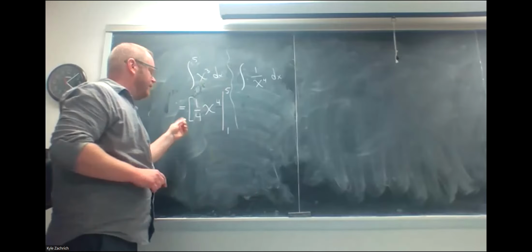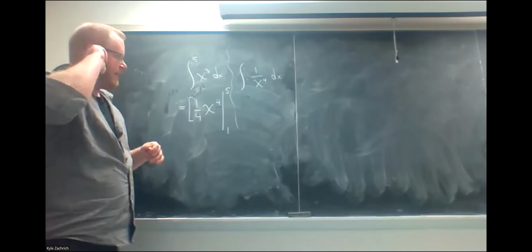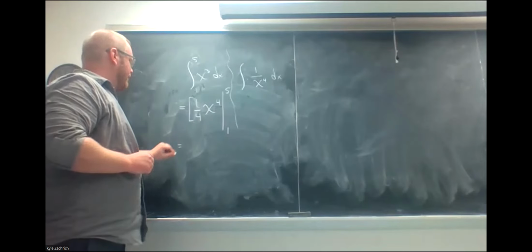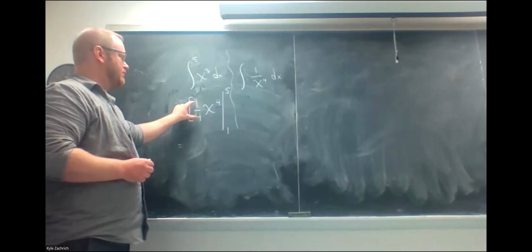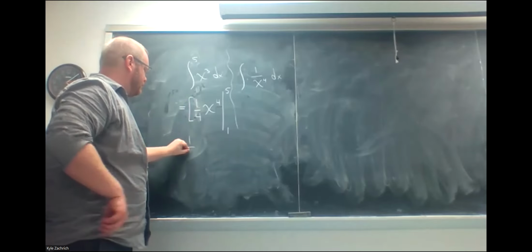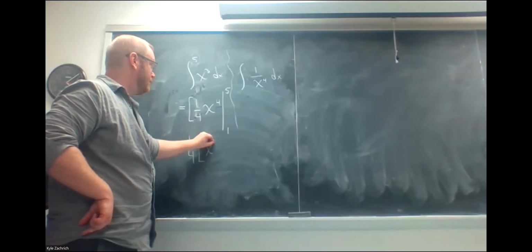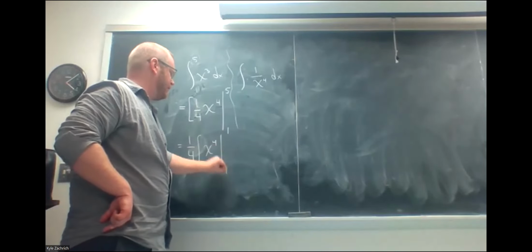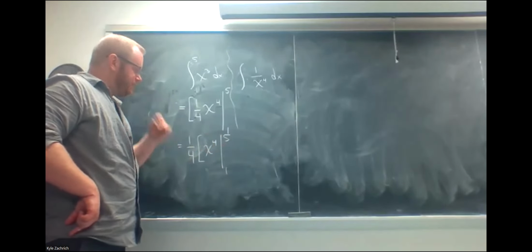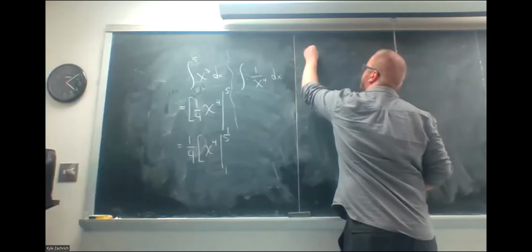Now, for this definite integral, we need to think about this being integrated from 1 to 5. So one thing I'm going to do is take this 1/4 out in front. We can use the constant rule to take that out in front, and what we're left with is x to the 4th evaluated from 1 to 5. This evaluation from 1 to 5 means that if you think back to the fundamental theorem of calculus,